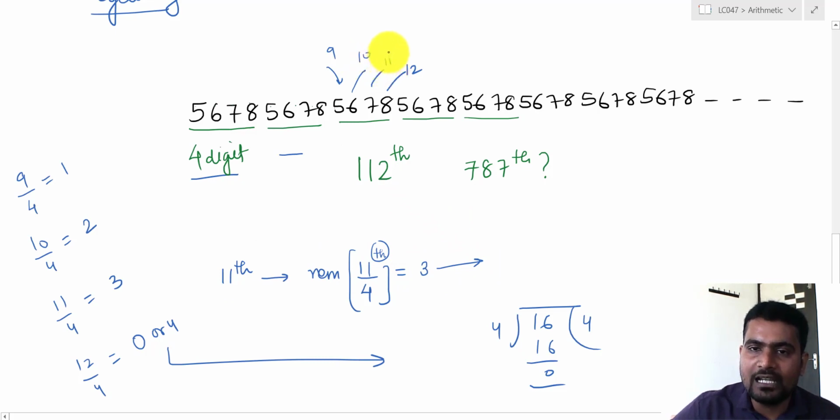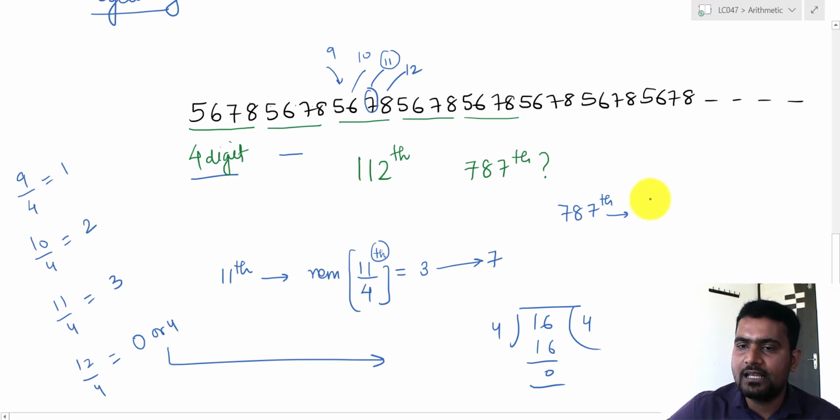I can say 11 divided by 4, remainder 3 was there. What is this number associated with? With 7 it is associated. So I can say the 11th will be the number 7. Okay. If I tell you to find the 787th number, again do one thing: 787 divide